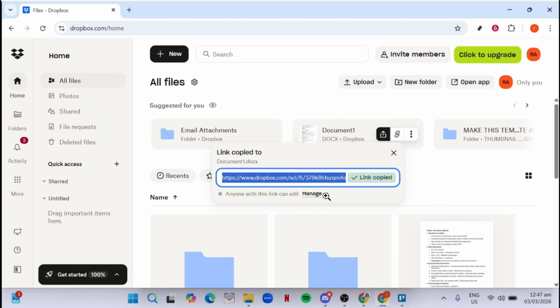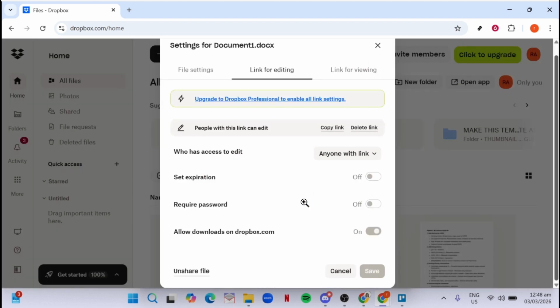After you've copied the link, you'll usually see an option to manage the link settings. Click on Manage or the equivalent link settings option that appears. Here you want to make sure the sharing permissions are set correctly, especially if you're sending this to someone who doesn't have a Dropbox account. Look for the setting that controls who can access the link and change it so that it says anyone with